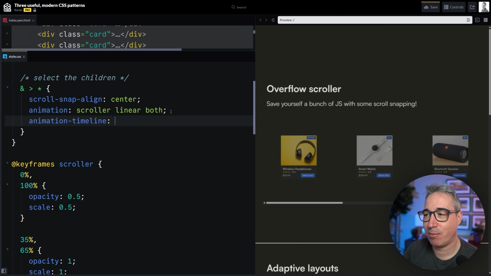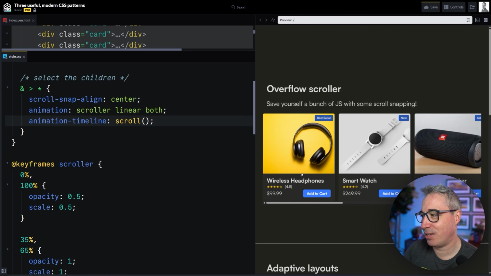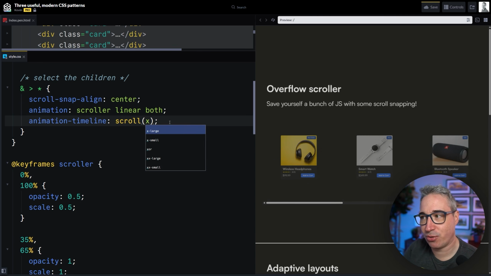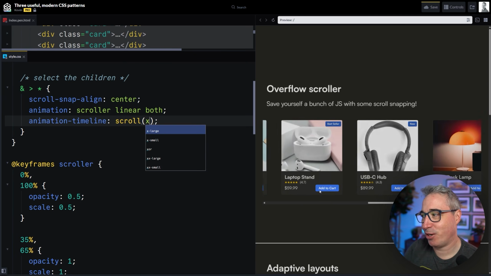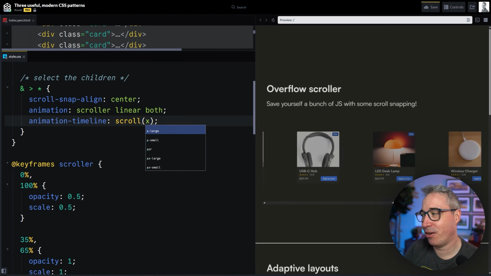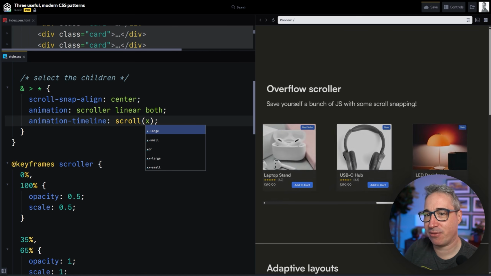And with the animation-timeline, we have two options. One of them is scroll, which is not what we want in this case. And I think scroll won't work if we just do it like this. So you can see it's actually broken. If you do scroll, it's defaulting to up and down, so our vertical scrolling. So if I want it to be based on horizontal scrolling, I just do x, and there we go. It's now animating it,